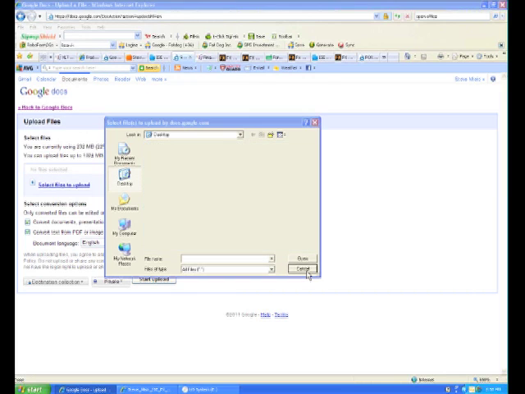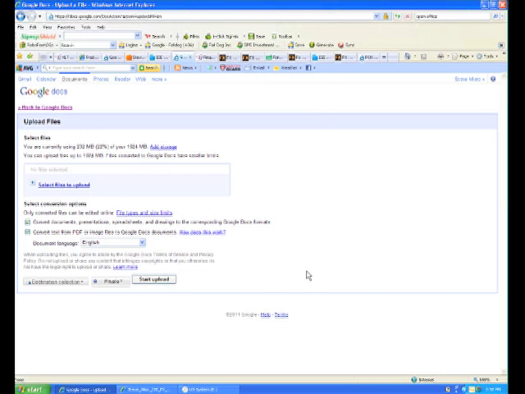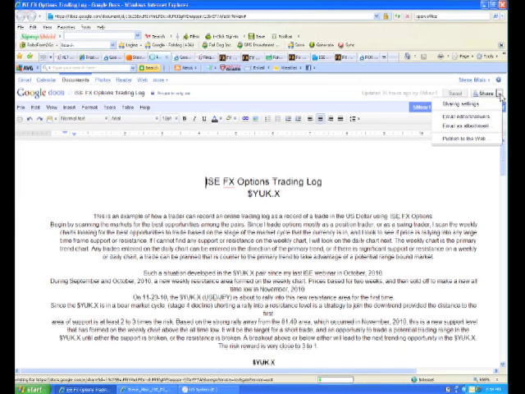And if you want to share them with any of your friends, all you would need to do is go up to the document that you're looking at that you want to share with your friends. And here it says share. You click on share and click on share settings. It brings up this box.